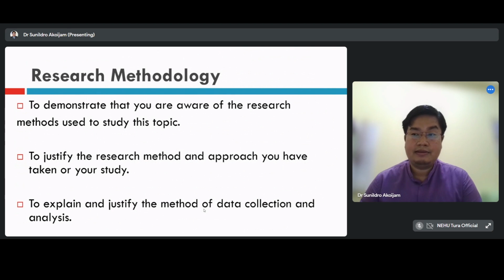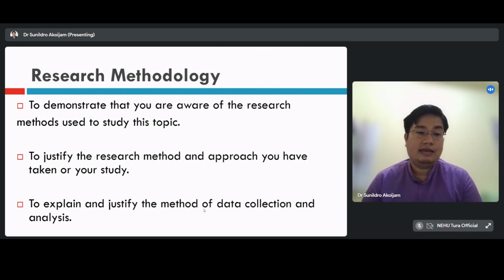Not only that, but you should also adopt and use the right method or technique that is relevant. For example, let's say that someone has used a convenience sampling technique. Then you should justify why you have used the convenience sampling method in your case. You have to give a justification for that. Once the justification is given very clearly, your readers and reviewers will understand that yes, convenience sampling is the most feasible, most relevant type of sampling in this case.